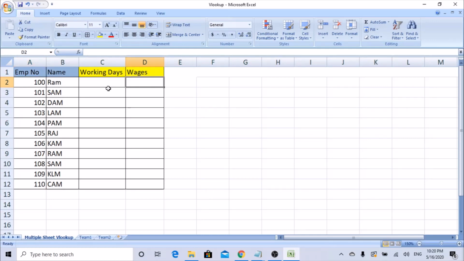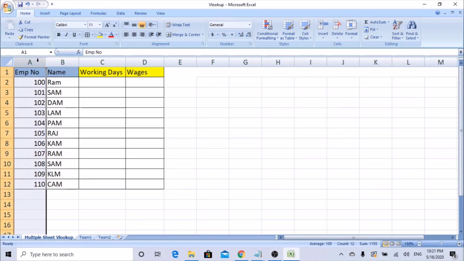So before starting this, we need to get data from these two sheets. First, we need to find the unique column, on what basis we are trying to get the data. As we know, the employee numbers are unique in nature because any two persons don't have the same employee number. But still we'll check whether there is any duplicate, because probably the people who copied this data would have copied twice, so the same employee number would have been pasted down. To be on the safer side, we are going to check whether this column has any duplicate entries.